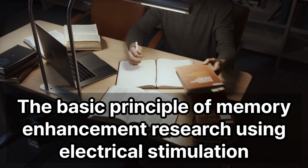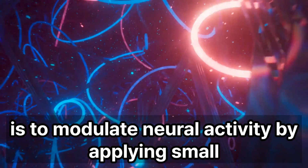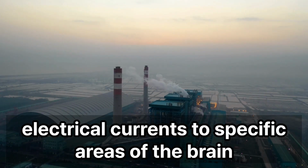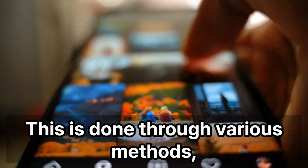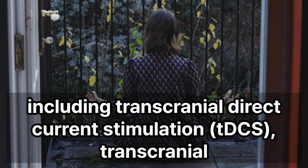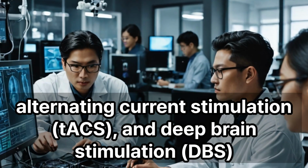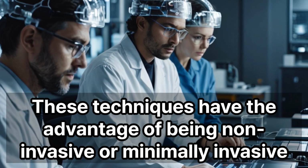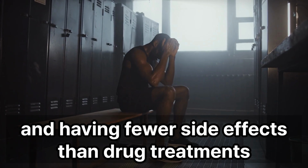The basic principle of memory enhancement research using electrical stimulation is to modulate neural activity by applying small electrical currents to specific areas of the brain. This is done through various methods, including transcranial direct current stimulation (tDCS), transcranial alternating current stimulation (tACS), and deep brain stimulation (DBS). These techniques have the advantage of being non-invasive or minimally invasive, and having fewer side effects than drug